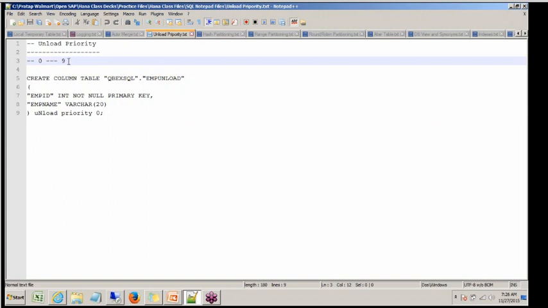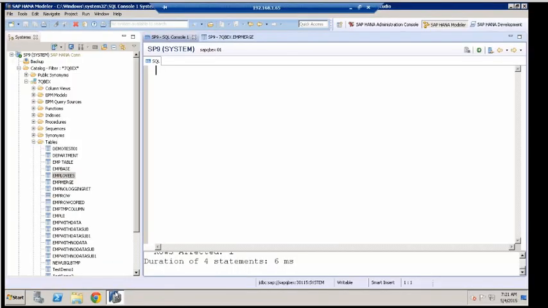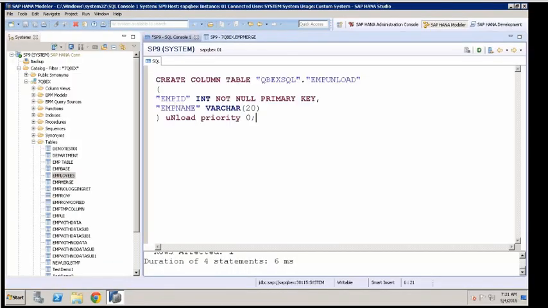So while creating a table, you can basically control the unload priority of the table. When you're doing this, you're not actually unloading or loading. We're only setting up the priority while creating a table. If you really want to load or unload, those are different manipulations with different statements; you use statements like load and unload. While configuring or creating a table, you control the priority of the unloading: once the table is loaded, do you want it to be unloaded earlier or a bit later?